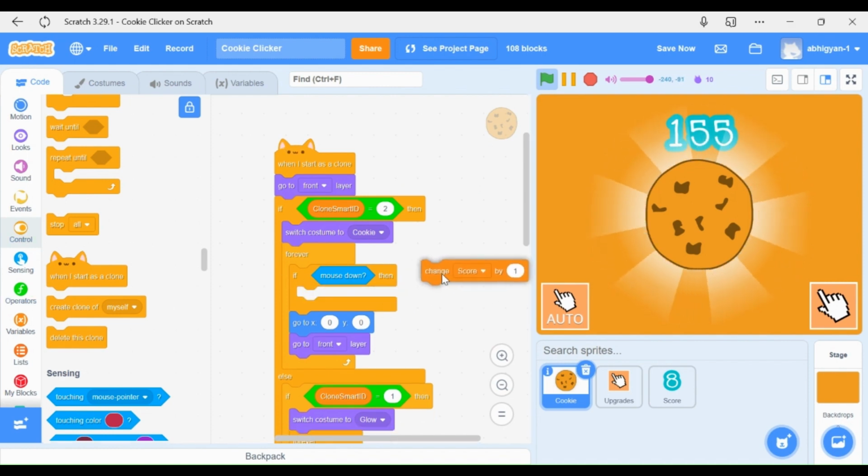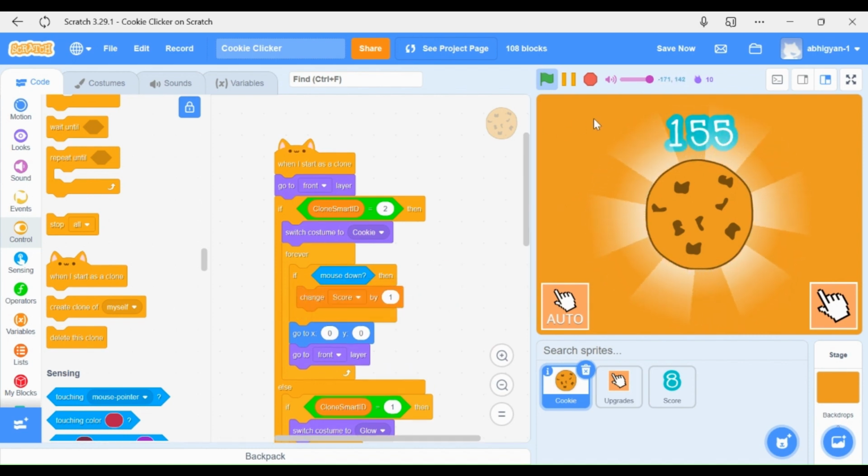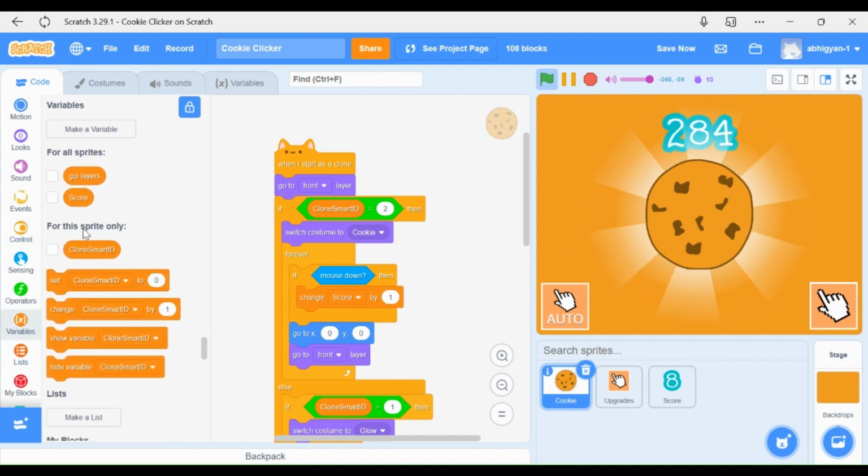Actually make it work. Right now it's like if I will step back. Wee! That's like a jetpack. Just flying up. And the score variable never stops. If I just show score,